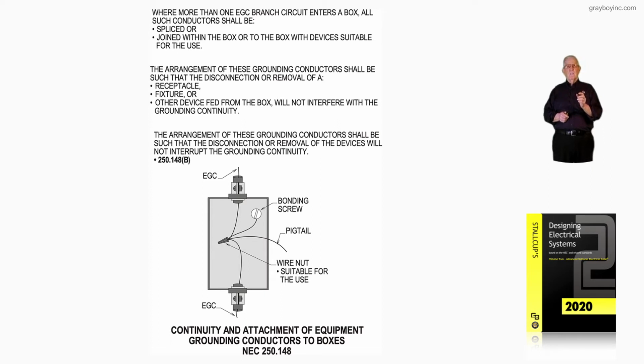Now, the next thing, let's review these items shall be bonded. And look at the boxed in information. The items to be bonded are raceways, cable trays, cable armor, cable sheaths, enclosures, frames, fittings, and other non-current carrying metal parts that serve as a grounding conductor or conductors with or without the use of a supplementary grounding conductor shall be effectively grounded in accordance with